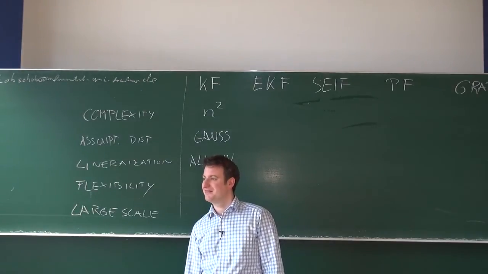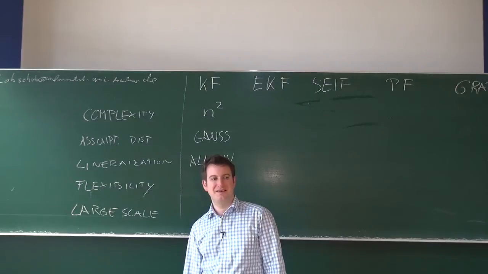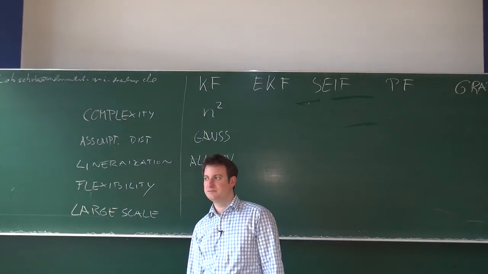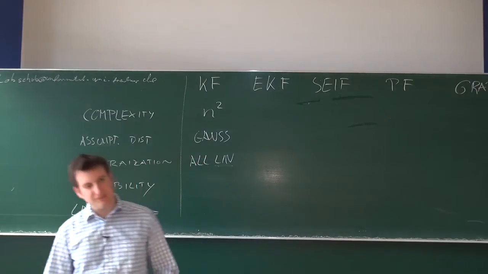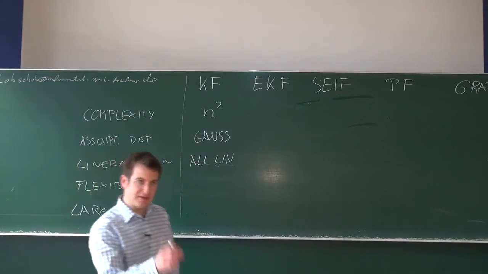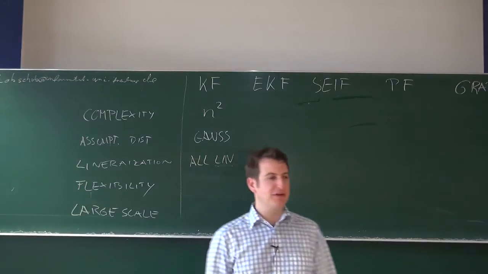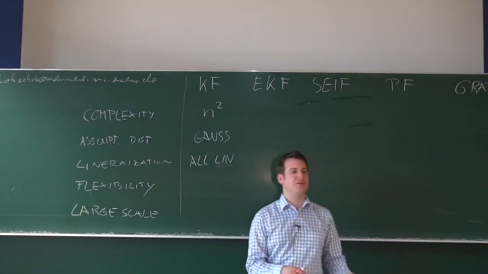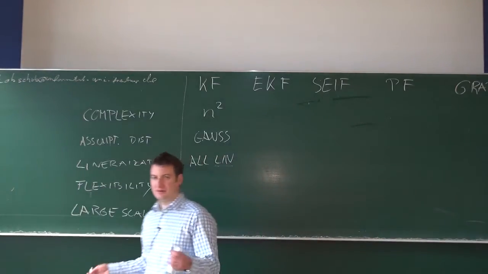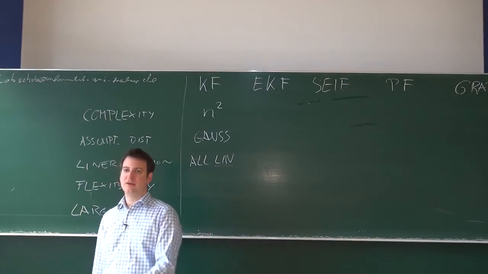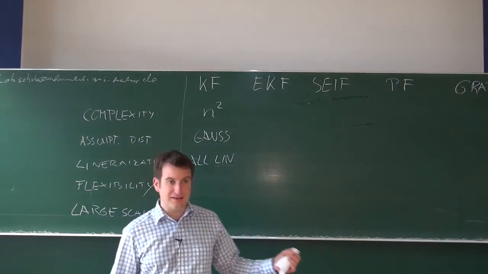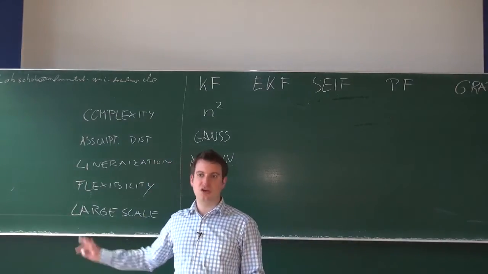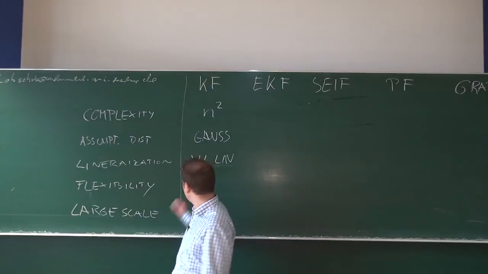Anyone else? It's good for feature-based map or landmark-based map, more than grid map. This is definitely a statement, so it's more designed for the landmark case where you estimate the position of the landmark. In terms of flexibility, one of the things is that it also allows you to nicely encapsulate the front end from the back end, because you only get a Gaussian estimate in there. So whatever your sensor is, as long as your sensor gets out a Gaussian, you can fit it in there without needing to change your back end, which is actually kind of nice. So I give it a medium